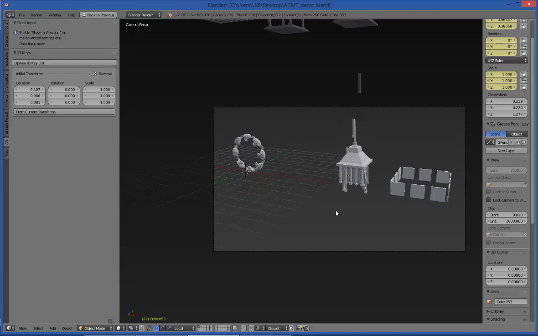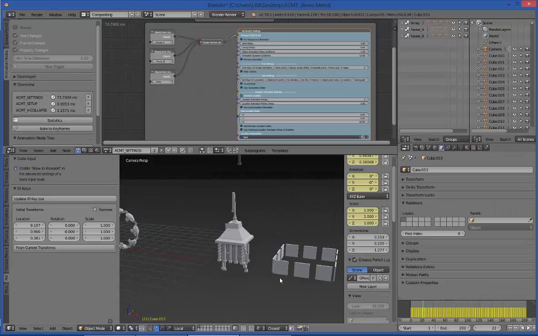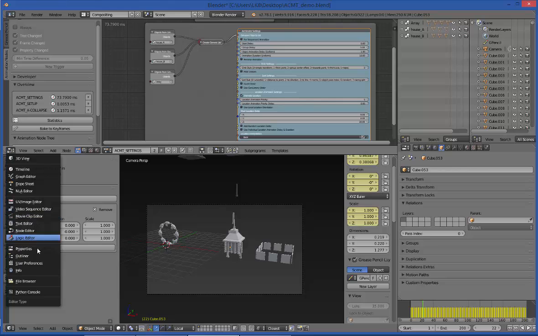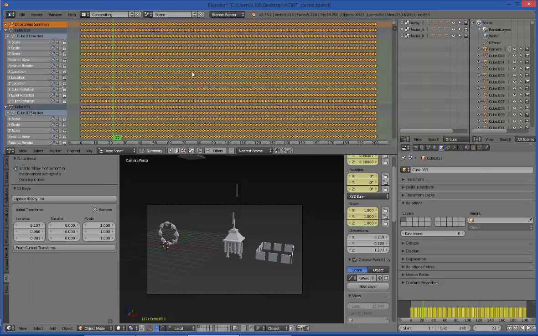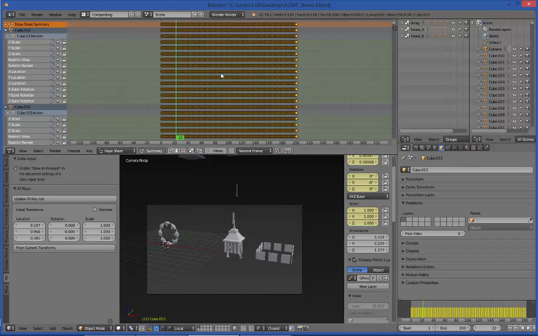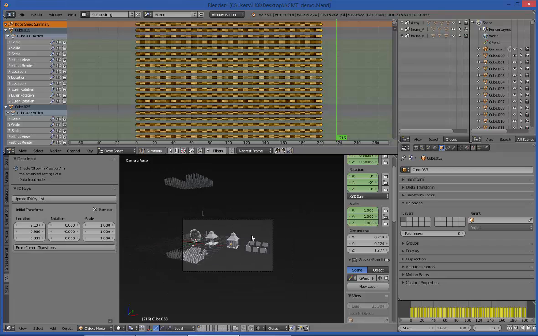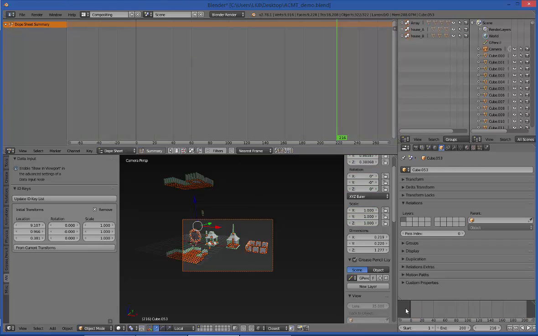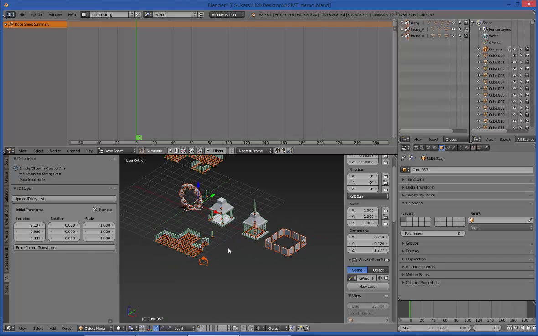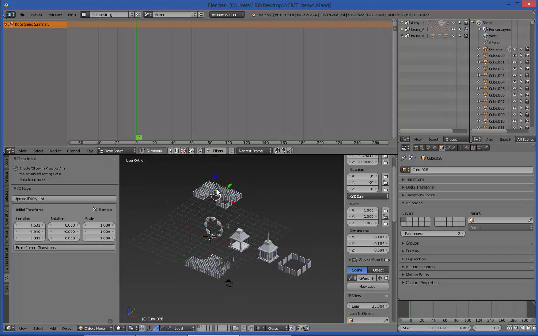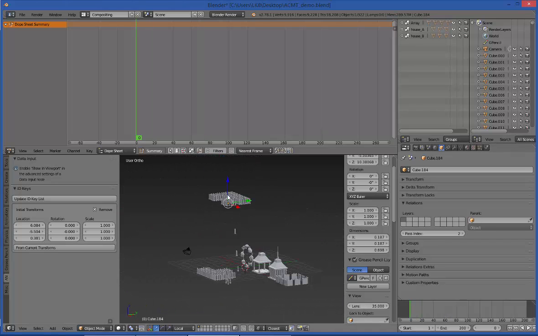Okay, and supposing you want to delete all objects or all animations here, just simply switch to the dope sheet and keep all objects selected, and go back to the last frame, and then select all and hit delete keyframes for all objects. Done. Okay. Oh, no, there are some objects that we just select them all, but